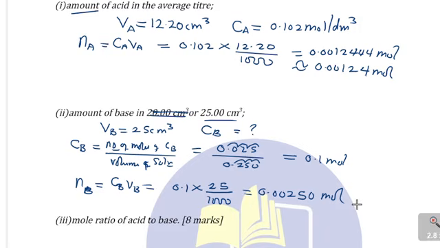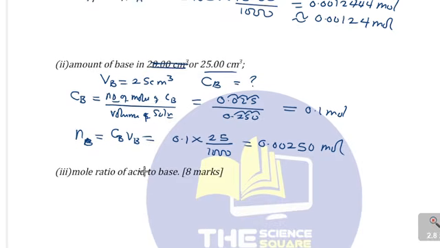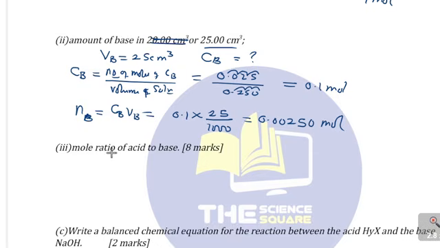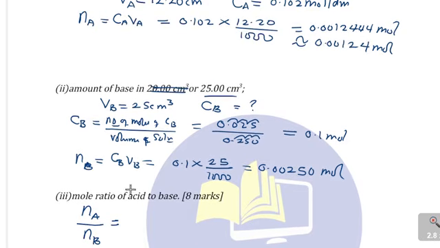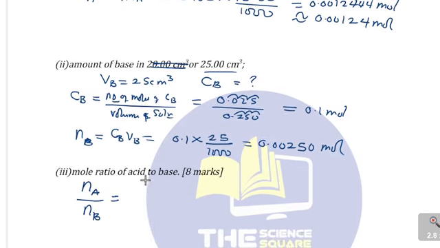0.0025. That will be the number of moles of B. Now, the next part of the question is calculate the mole ratio of acid to base. Mole ratio of acid to base, that is the number of moles of A over the number of moles of B. Okay. Now, we have already calculated the number of moles of A to be